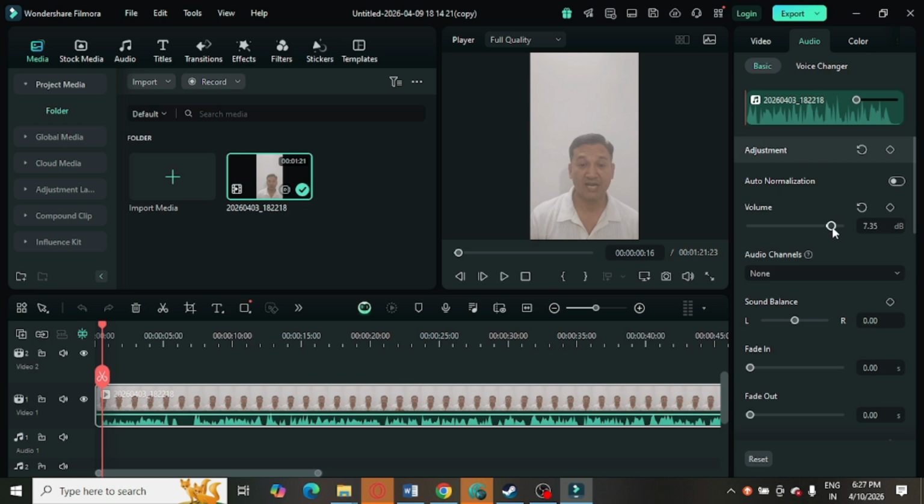So I will increase it. You can see, you can make it up to 18 or you can make it like 12. You can see this is now increased sound. If you decrease it, this sound bar will decrease. You can see the changes here in the sound bar. You can increase or decrease it from here. You can increase it like this, and you can see